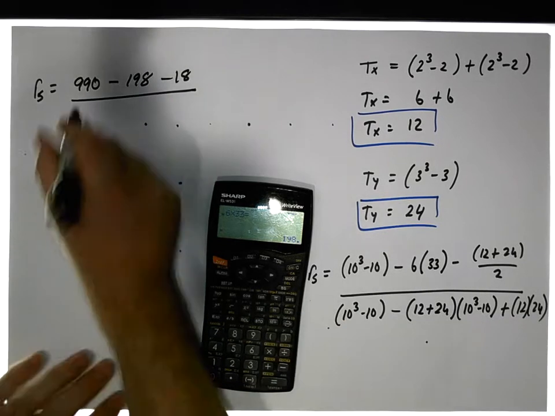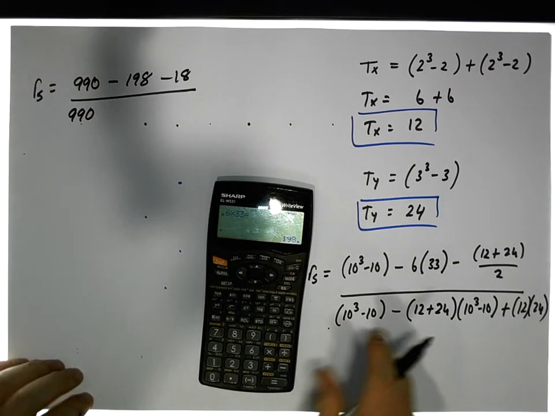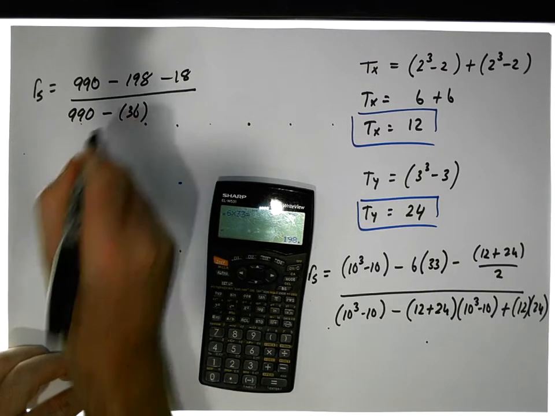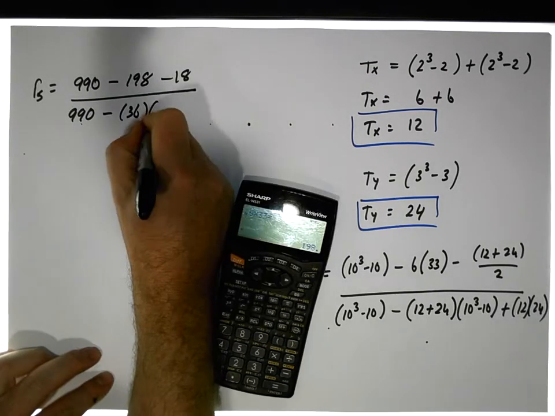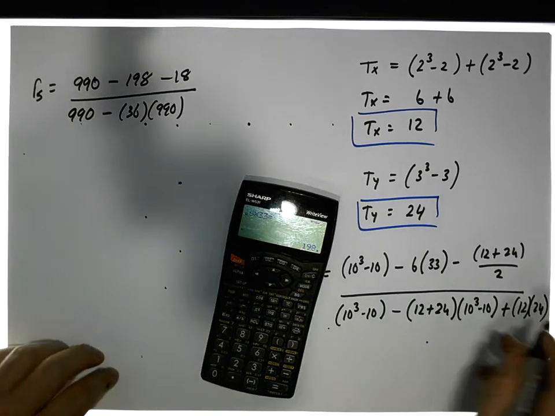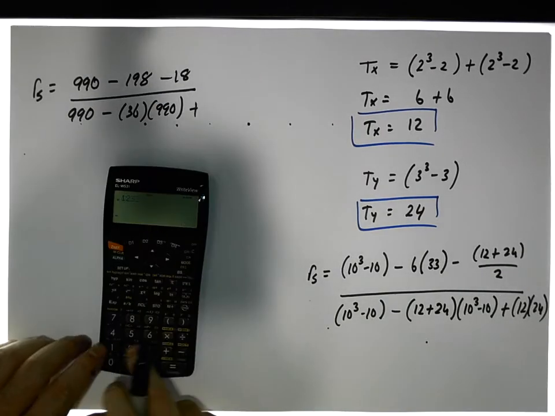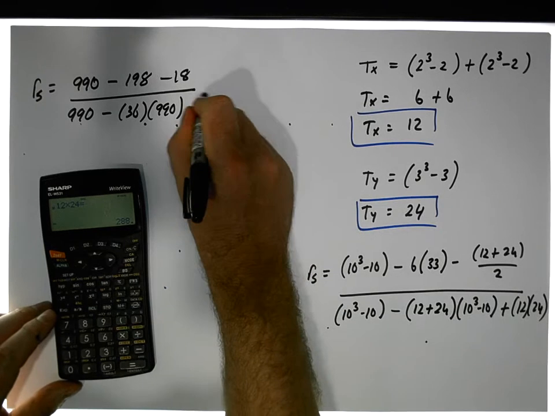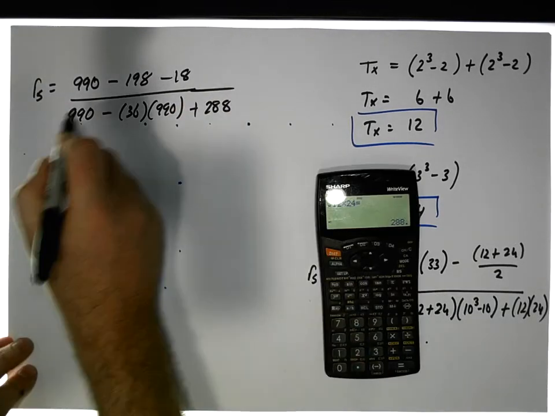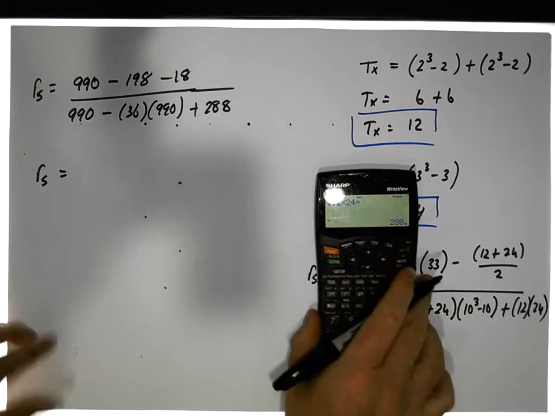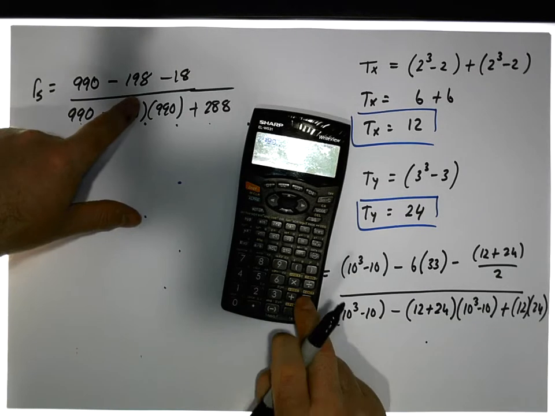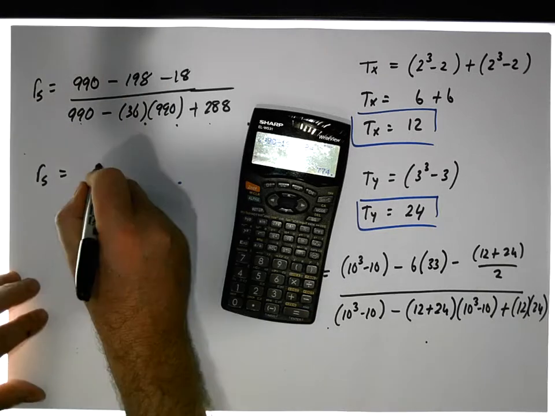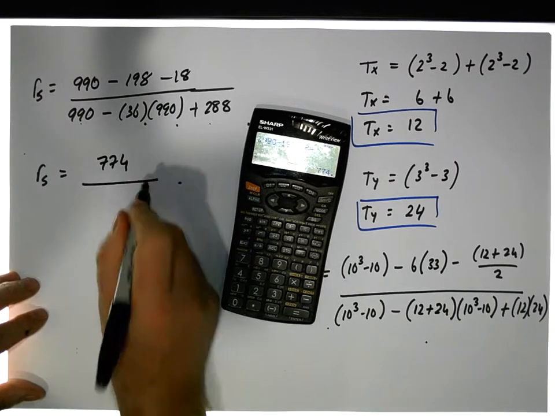which is 990, minus 24, we have 36 here, times 10 cubed minus 10 which is 990, and plus, in this case, 12 times 24 gives us a value of 288, plus 288, and this is going to be our correlation coefficient. So what do we get? We get Rs is equal to 990 minus 198 minus 18, which gives us a numerator of 774, which needs to be divided by, on the bottom here, we have